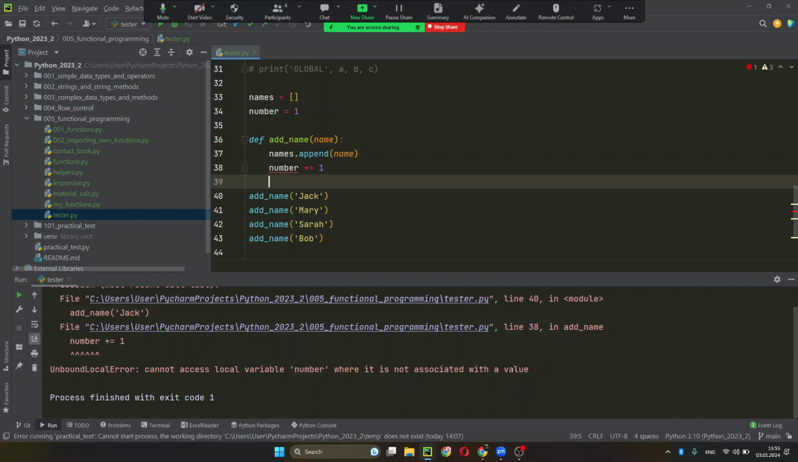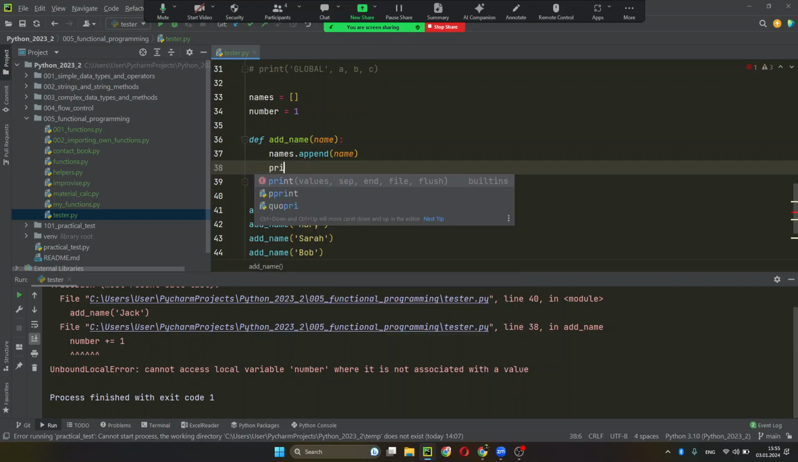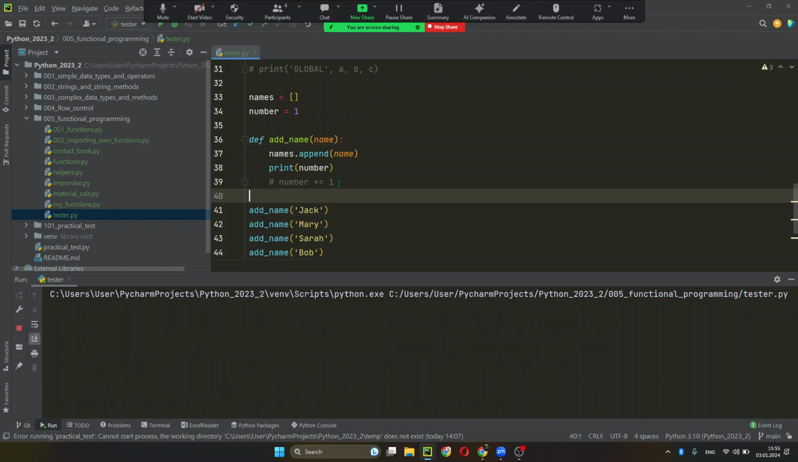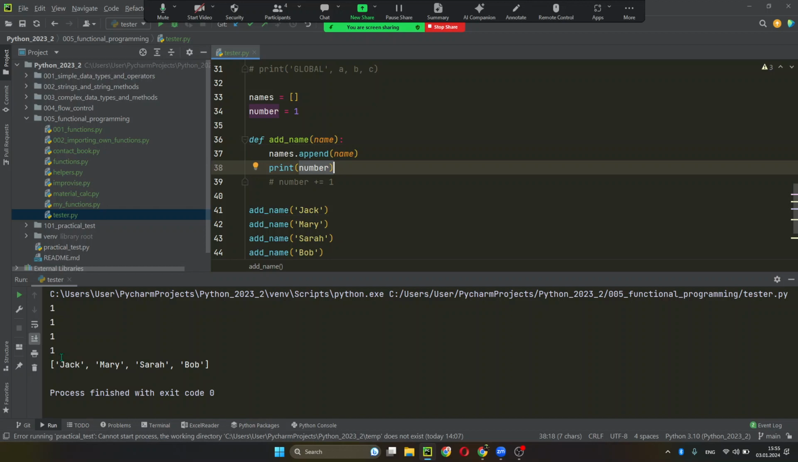You can read global variables, so you can get the value of the global variable without any problem, because if I say print number here, it will print the variable. So you can read these variables. But if you want to